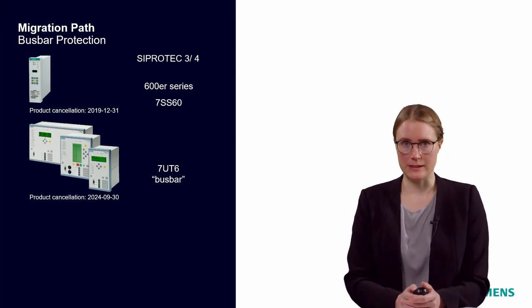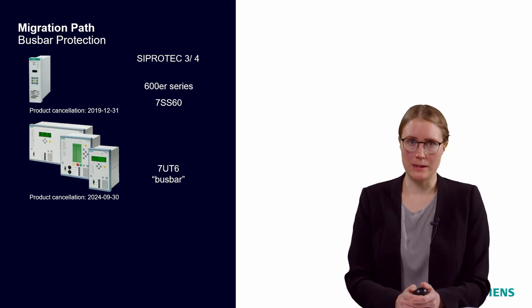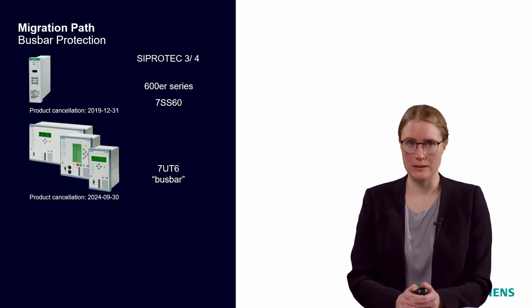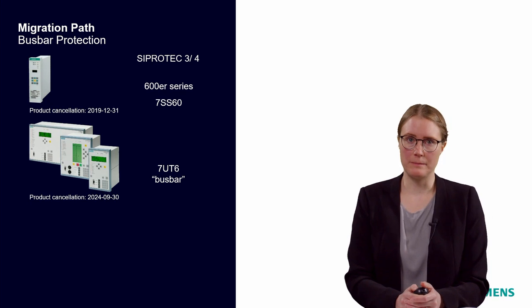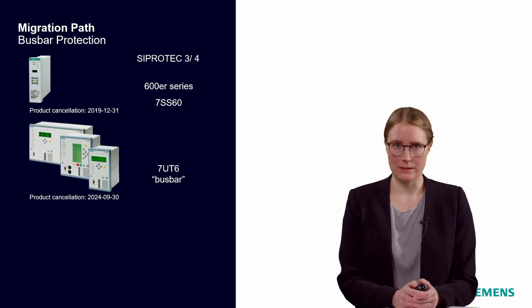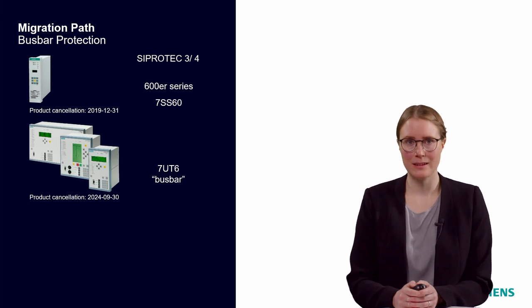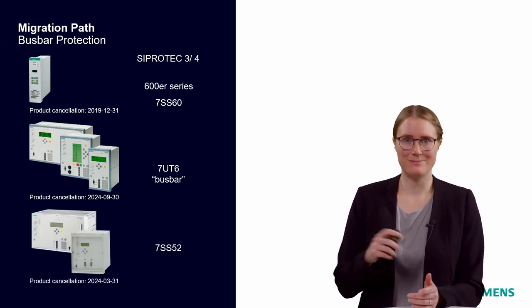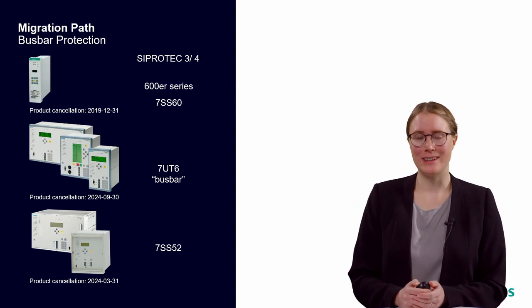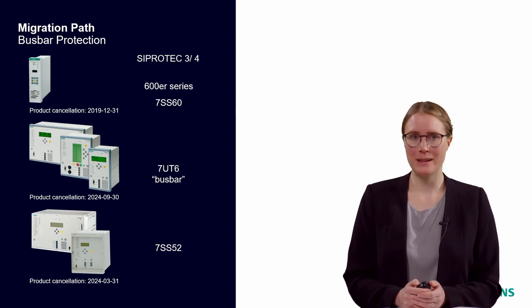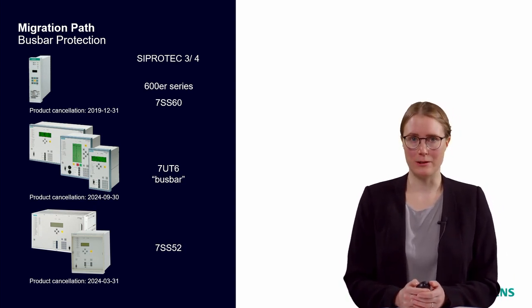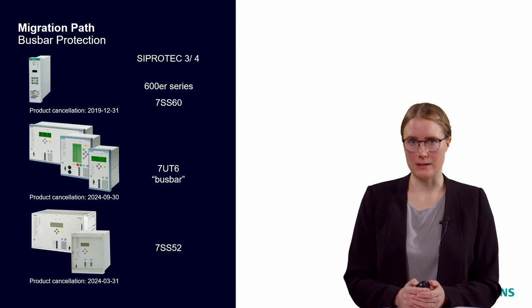The 7UT6 can be used for single busbars with up to 12 feeders without sectionalizer. The 7UT6 devices are the ones in the middle of the slide. And of course, we have the 7SS52 in the ZProtect 4 portfolio. The 7SS52 is for complex multi-busbar systems in a distributed setup. All these devices are either